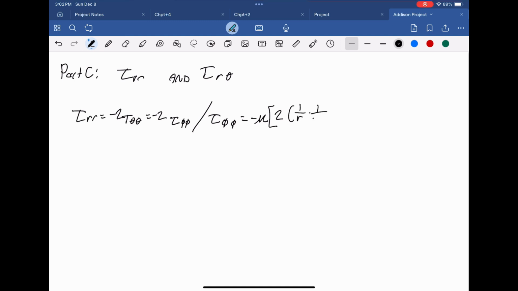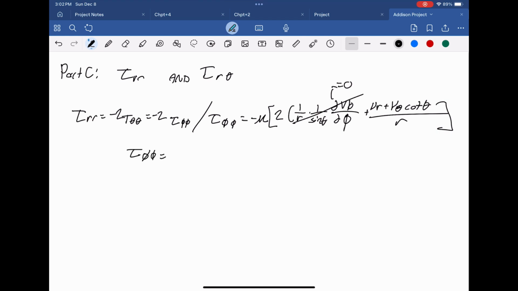times 1 over r times 1 over sine theta times partial v phi over partial phi, which is just going to be equal to 0 because we know from equation D in the very beginning that phi has been set equal to 0 due to the steady state and because of the Re value. And the rest of this equation is just going to be the VR and V theta equations, which is going to be simple algebraic manipulation to solve this tau phi phi, which is equal to 2 mu over r